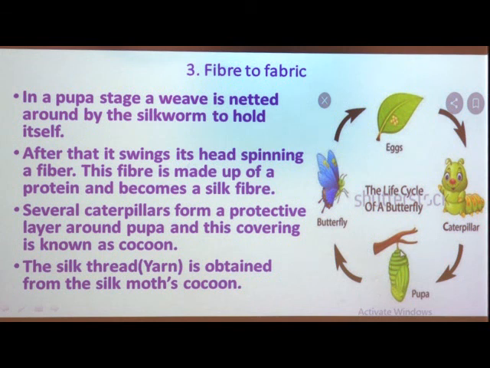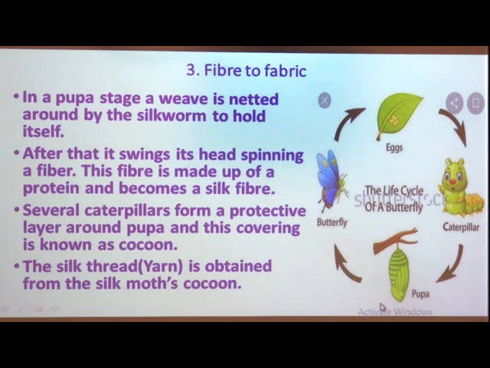But if we do not kill them in the cocoon, at the stage of cocoon or pupa, what happens? The next stage of this silkworm occurs there, which is the stage of butterfly. So, this is the life cycle of silk moth. First stage it is eggs, second one it is a caterpillar, third one it is a pupa. So, pupa is the third stage after caterpillar, which weaves a fiber around itself, and that stage is called pupa, but the covering around that organism is called a cocoon.